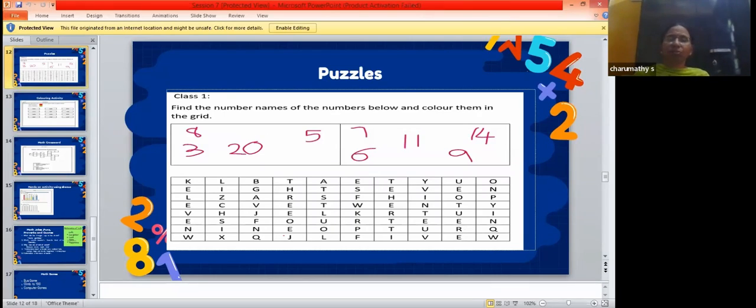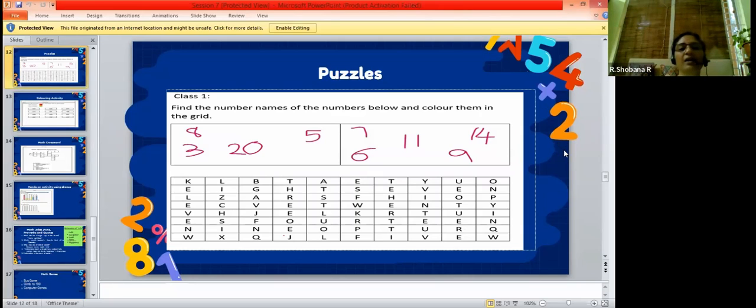So this is from our publication, and this is, as we say, interdisciplinary. It links English and mathematics. Find the number names of the numbers below and color them in the grid. So they have to know the number name, the sequence of the alphabets, and then find them and then color